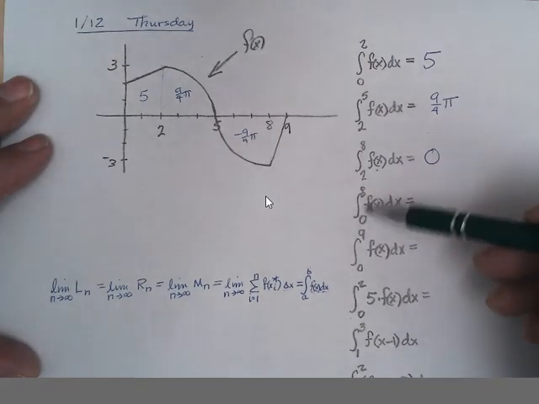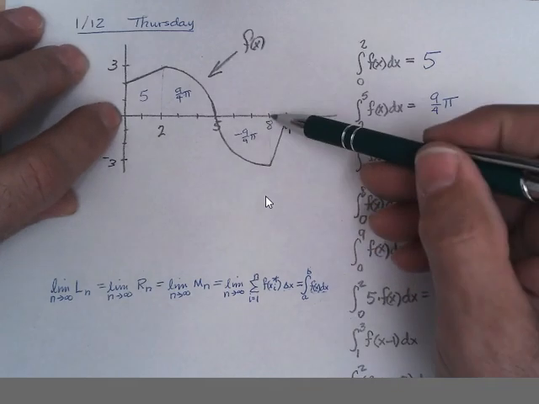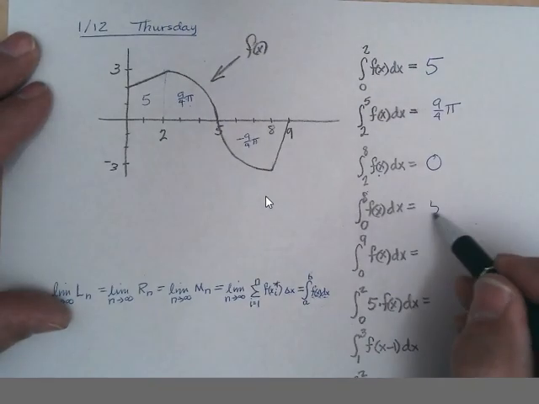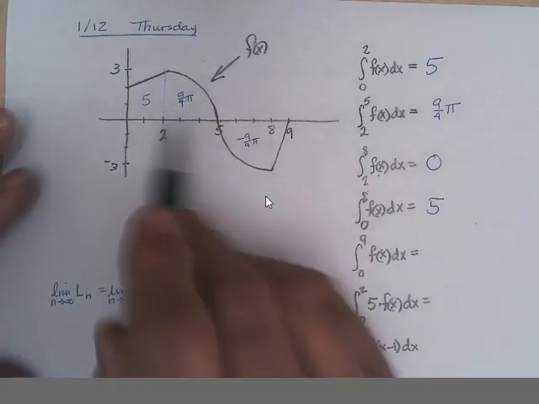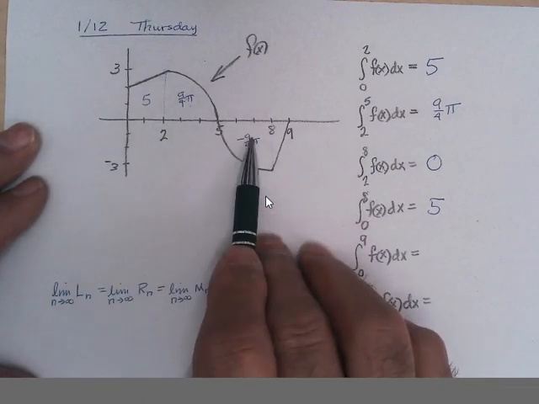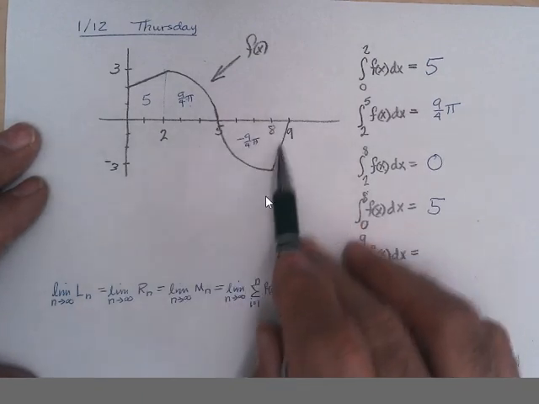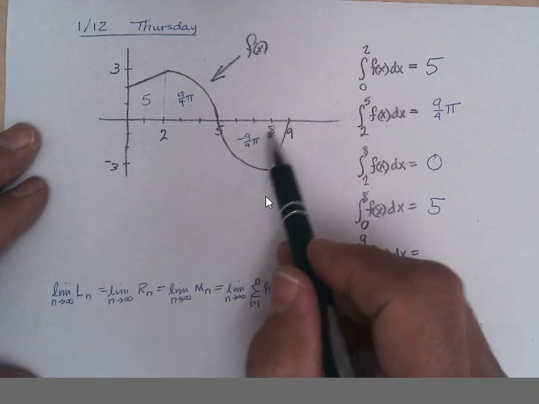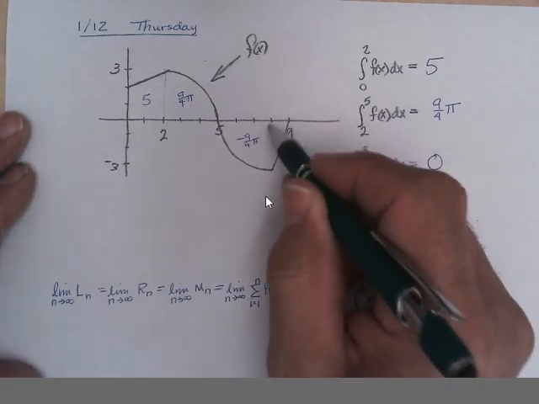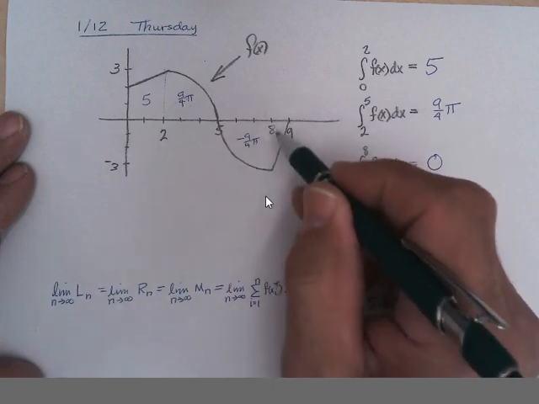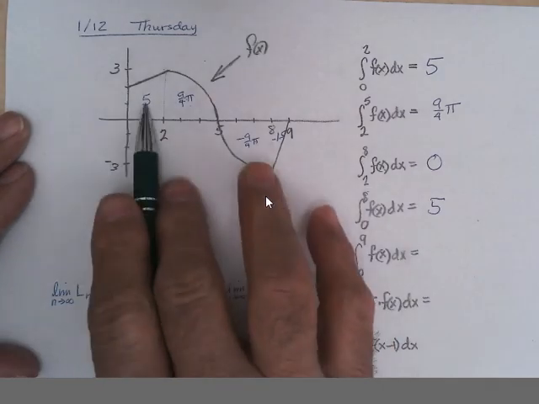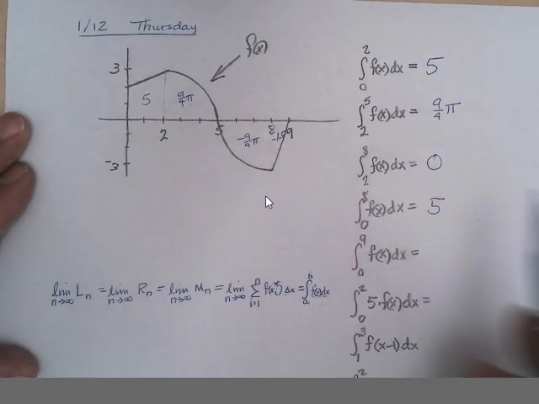So what if we did from 0 to 8? Well, that's 0 plus 5, which is 5. If we did 0 to 9, it's 5 plus that minus that, so 5 plus this triangle, which is 1 by negative 3. That 1 times negative 3 is negative 3, but the triangle is half of that, negative 1.5. And so this plus this minus that turns out to be